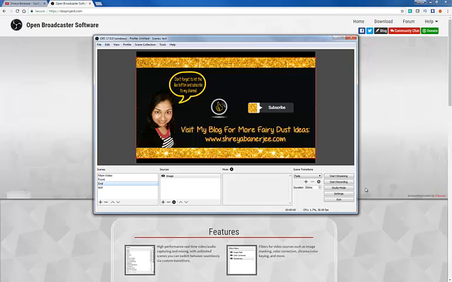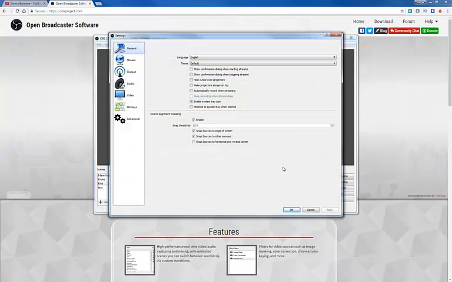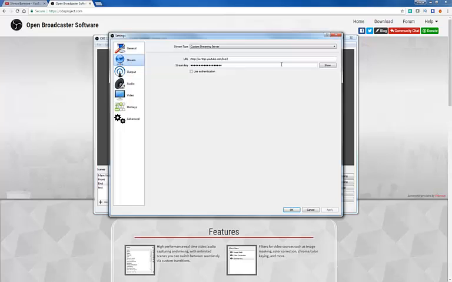Actually, let me explain this right here while we're still here. So you're gonna have to click on settings so that we can connect this player to your YouTube page so we can start streaming. Okay, so if you click on settings and click on stream, you come over here, you want to select custom stream server, and these are the two pieces of information we're looking for from YouTube. Okay, your URL, which once you put it in, it's going to be the same, so